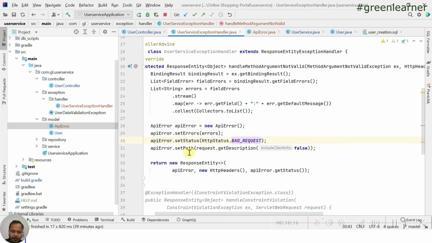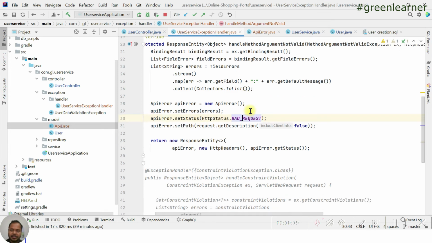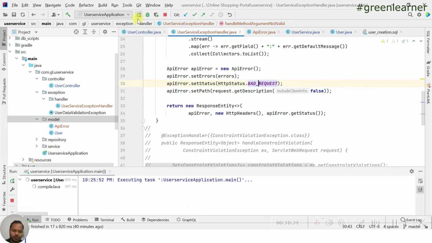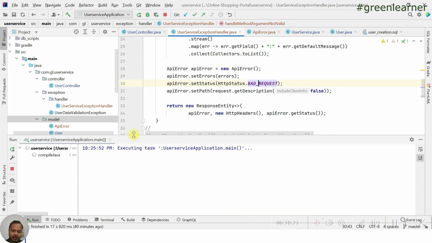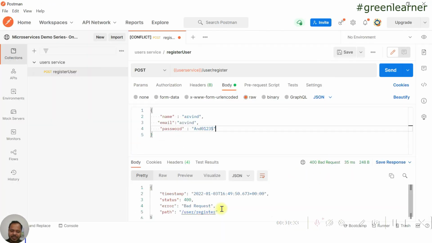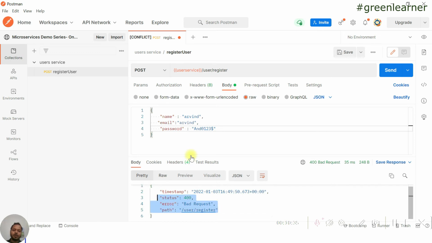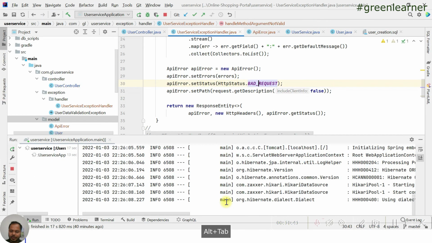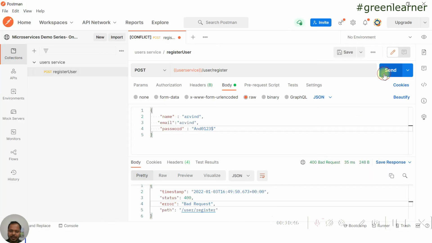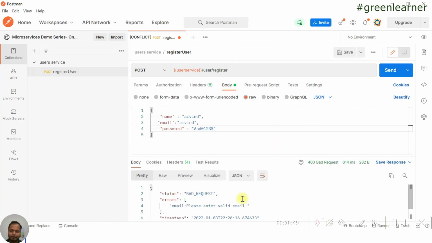So we have this here, and if I restart this now, we should get the exception message transferred to the client also. In Postman also we can get that. As of now, we are getting this bad request with this exception, but the proper message we are not getting, what validation is failing. So that is what we are going to get now. Just hit this again, so it will give us, yeah, please enter a valid email, time, path, bad request. It is going to give us properly, right?